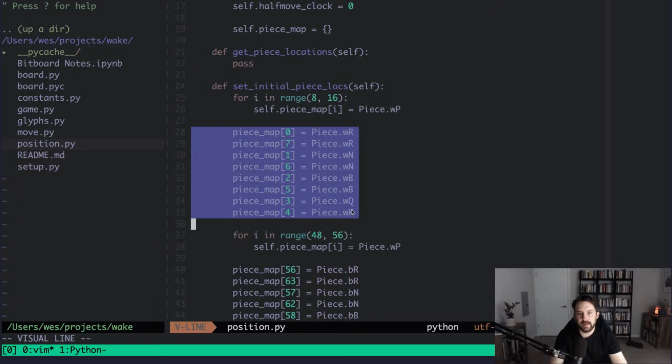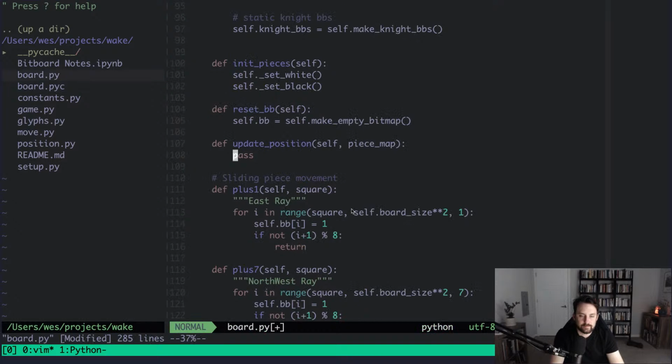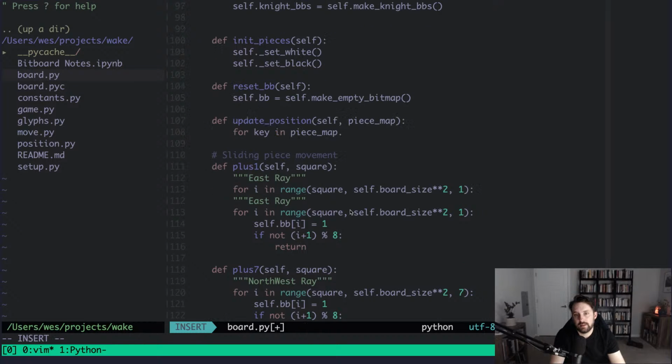For keys, it has squares in a 64 position numpy array, and values, it's got piece codes. So I'm sure there's a much more efficient way to do this, but for key in piece map dot keys,